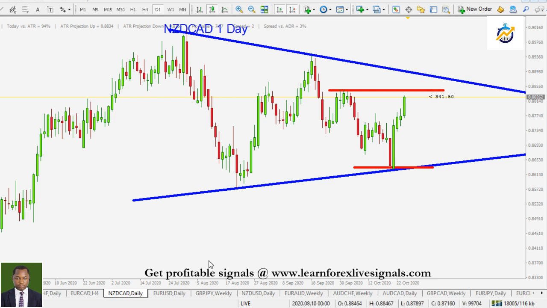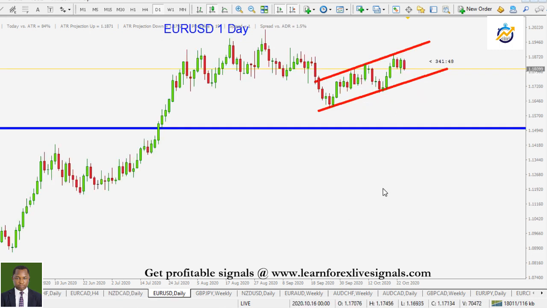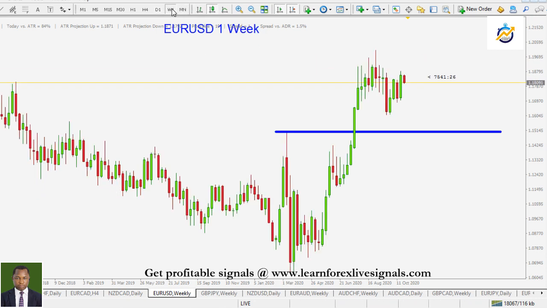All right, euro against American dollar. I just want to show you here again something I have analyzed previously. We have seen that channel formation. Price swinging up and down. Whenever you see this channel, price is likely going to come down. That's our overall direction, but the hesitation is just too much. In the very long term, the weekly time frame, it's expected that price should come down to somewhere in here.